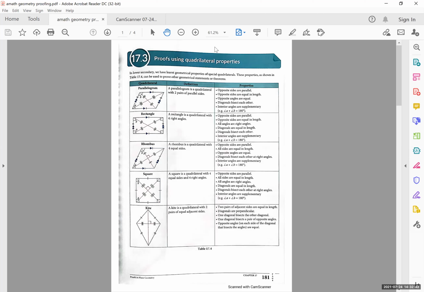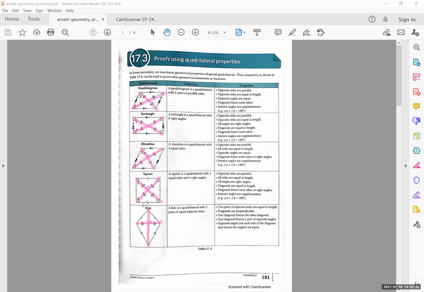Okay, now for this page, I believe you all have already known the properties like opposite angles of a parallelogram are equal and all those, right? So all this basically you need to memorize and you need to be very familiar with all these properties. But there's one property that not many students will know. That is the thing called diagonal. You all know as diagonal, right? Diagonal is this one, the one that I'm going to highlight all in pink. So these are all the diagonals.